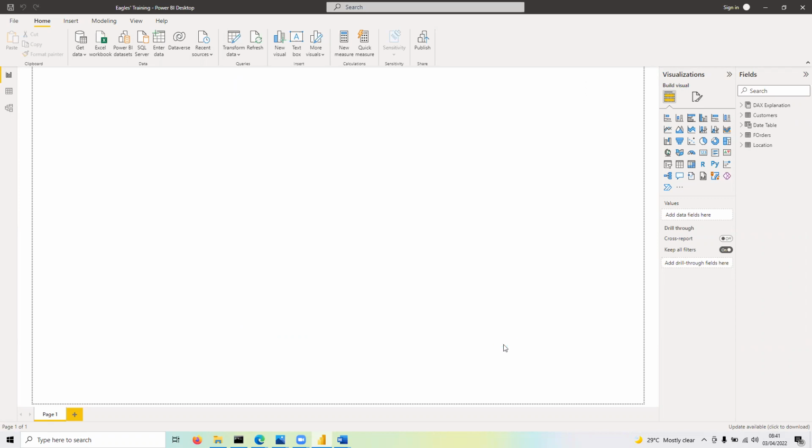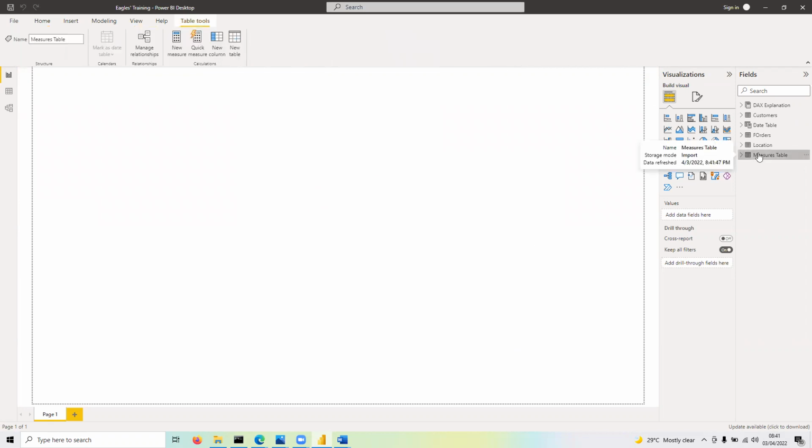Load. It's loaded. So every one of the measures I'm creating now, I will either click on this, right click and then say new measure, or I click on the name of the table and then say new measure, because